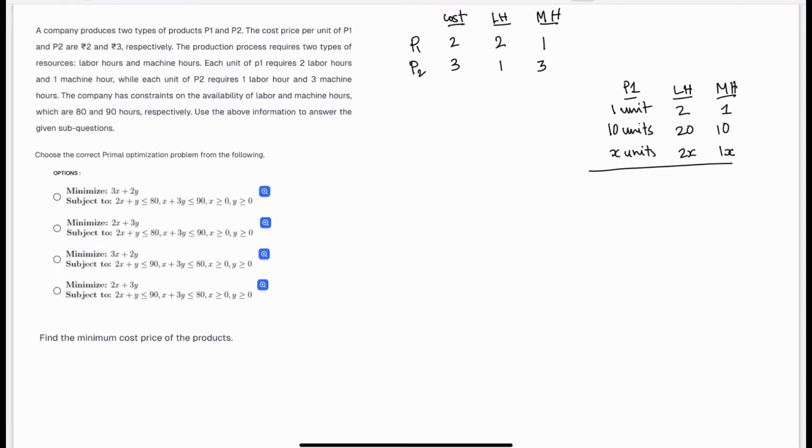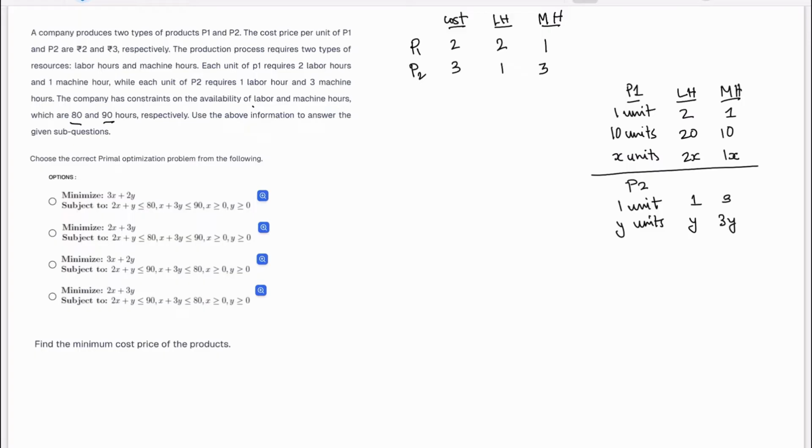Similar thing I can do for the other product also, right? So for the product P2, if I produce only 1 unit, I have to spend how much labor hours? 1 labor hour and 3 machine hours, right? So in general, if I want to produce X units, I have to spend X labor hours and 3x machine hours, right? Okay, so let me make it Y, so that otherwise there is a notational clash. So instead of X units, I'll write Y units of P2. I need Y labor hours and 3Y machine hours. Okay,